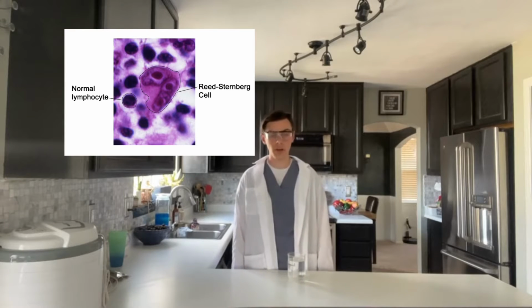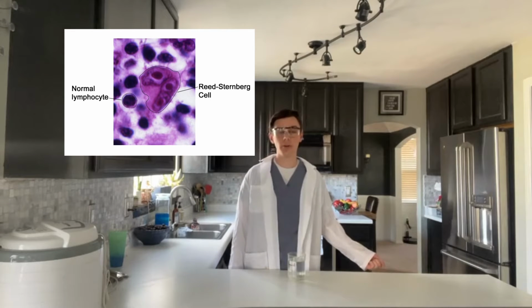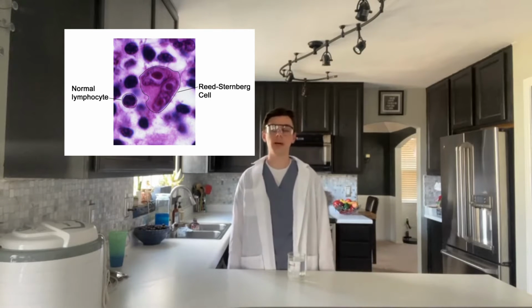If examining the cells you detect a presence of a specific type of abnormal cell called Reed-Sternberg, the lymphoma is classified as Hodgkin's. Whereas if the Reed-Sternberg cell is not present, the lymphoma is classified as non-Hodgkin's. Some risk factors include age, which is 20 to 30, or after 55, gender, more men get it, and family history. If you've had a family history of lymphoma, then you have a higher chance of getting it. And if you've had the Epstein-Barr virus or HIV, you have a higher chance of getting lymphoma.